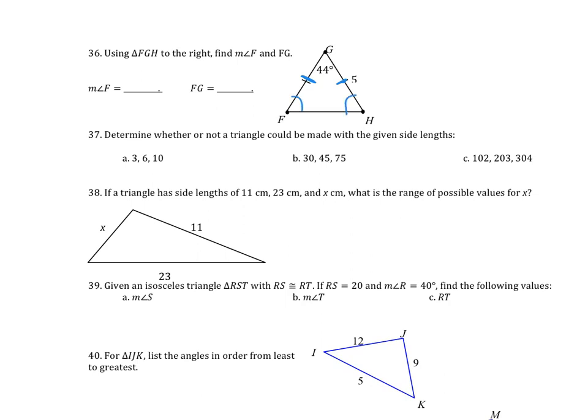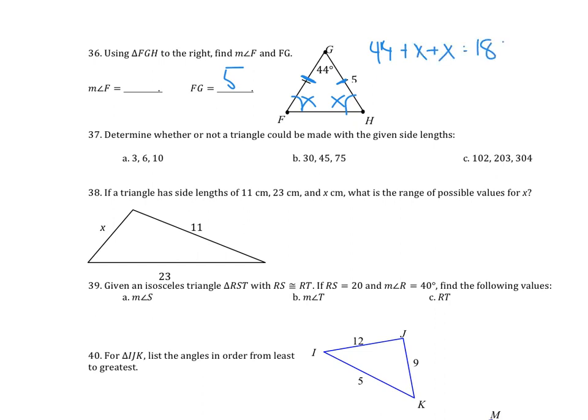Now they tell us that GH is 5. So then FG has to be 5 as well. Those are the two congruent sides. If angle G is 44, we know all the angles have to add up to 180, and these are congruent. We can call both of these x. So we can go 44 plus x